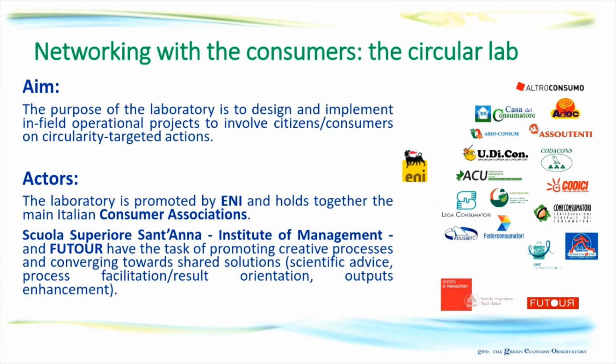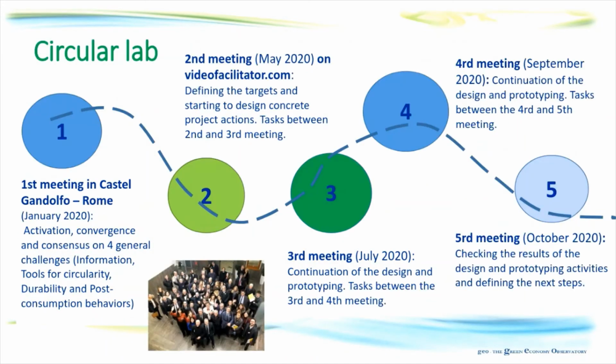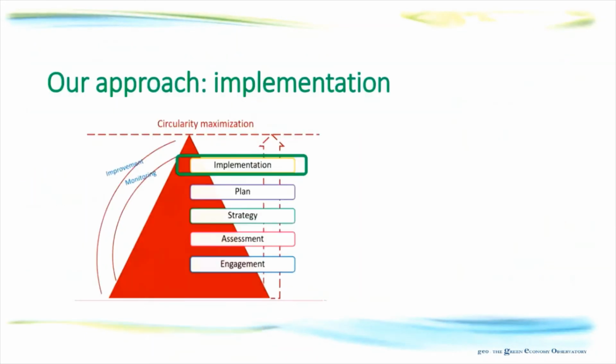Another example is also pertaining to Eni. We are helping, for example, Eni in building networks with the main consumer associations to build up common projects for the circular economy, and all the consumer associations are very happily participating in this engagement exercise together with Eni in the network, and they are proposing a lot of good ideas that we will try to implement at a later stage. This is called the Circular Lab, and we are working a lot with consumers, anticipating what the Circular Action Plan of the European Commission is now saying, that the consumer is key to carry out circular economy